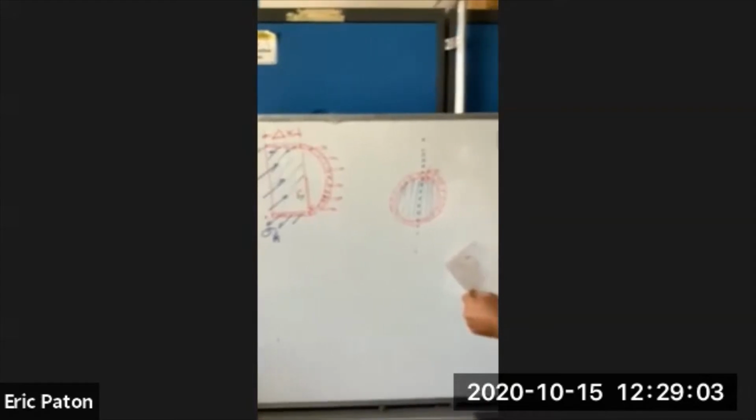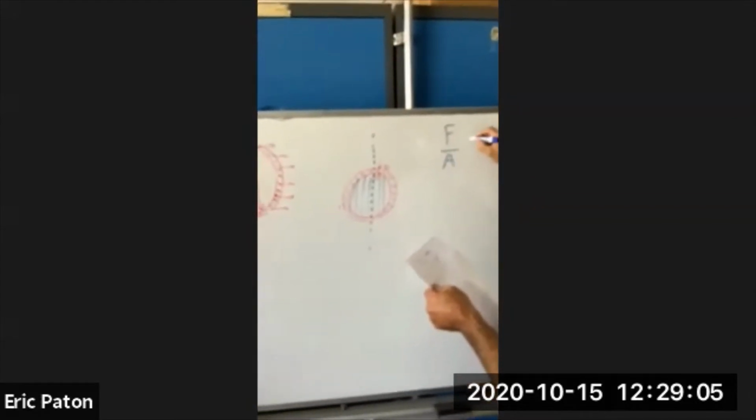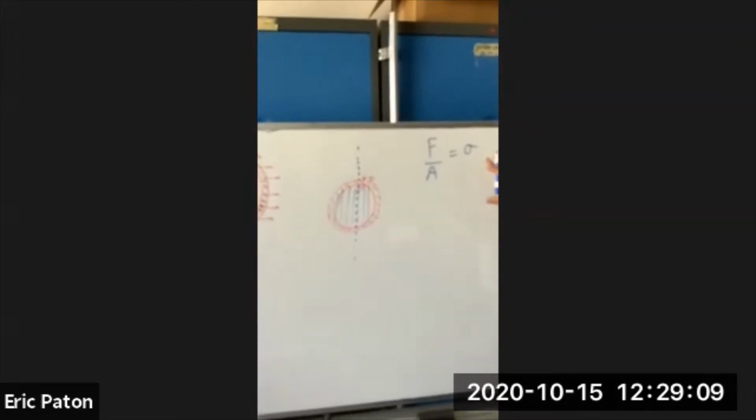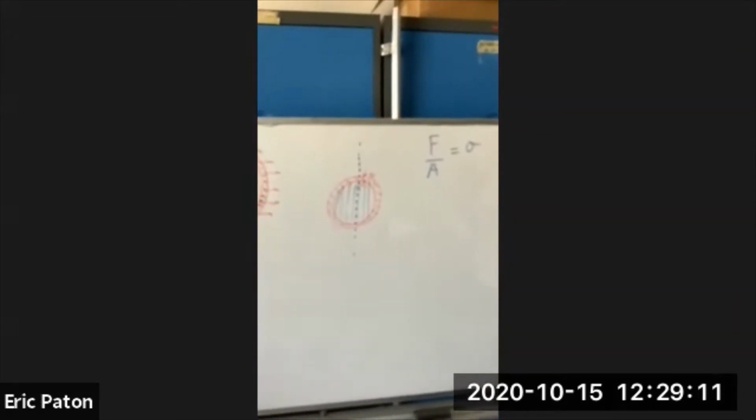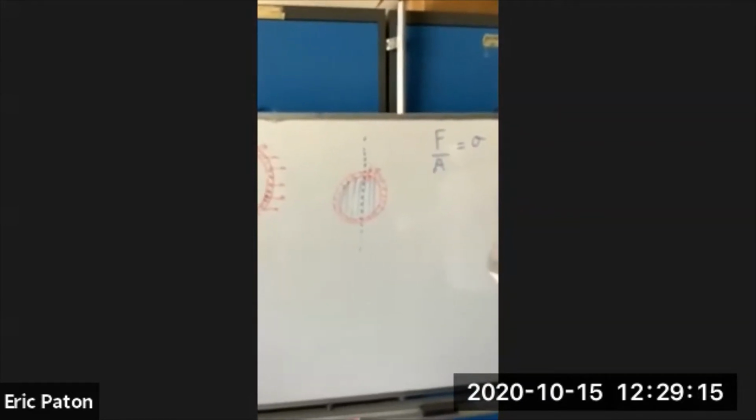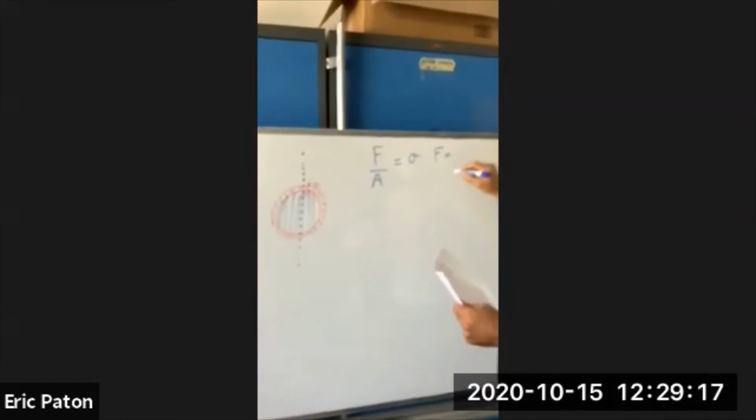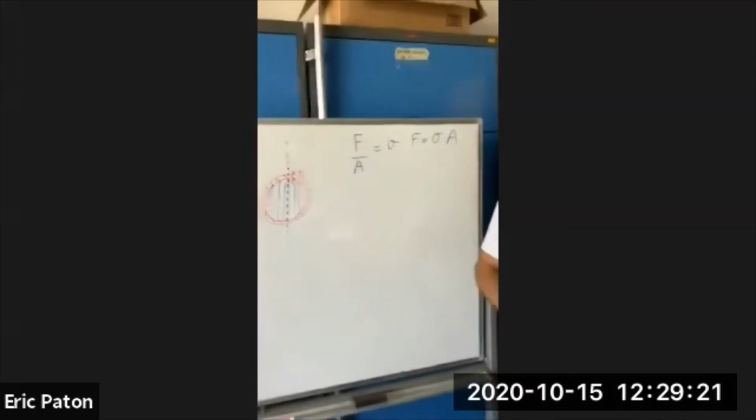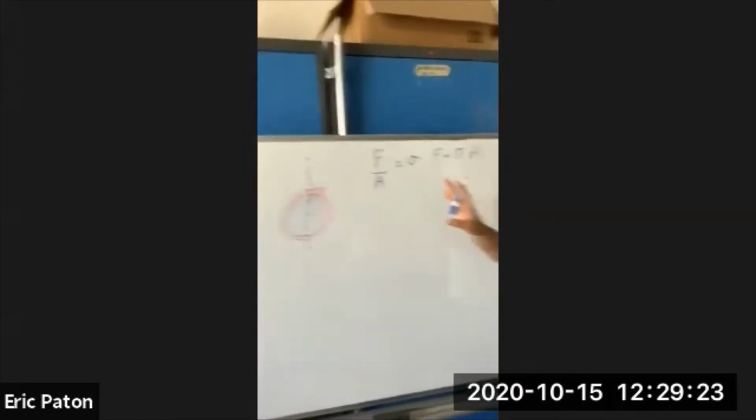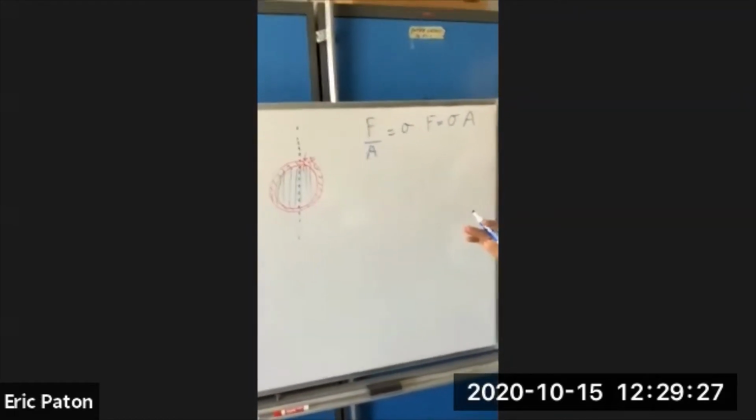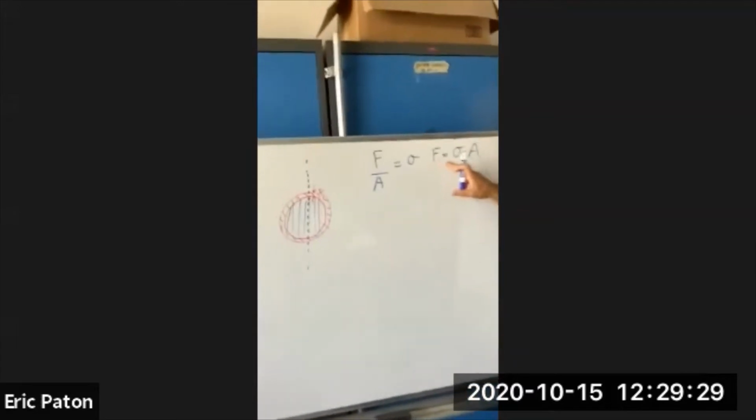Force over area is equal to the stress. It's a basic equation. So that means that force is equal to stress times the area. And we're going to sum the forces and make them equal to 0. So we have to calculate the forces